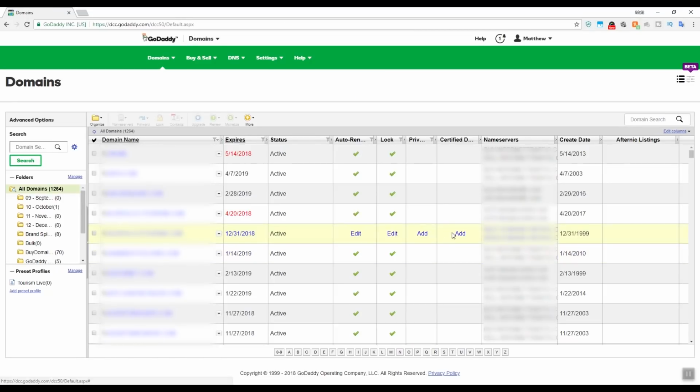So basically, GoDaddy has an interface where it lets you do a few things in mass, but it's really not designed to do major bulk updates. You can do a few. I mean, there are certain things, I could come here and click a few of these, and if I come up here